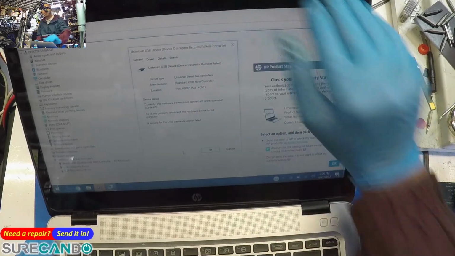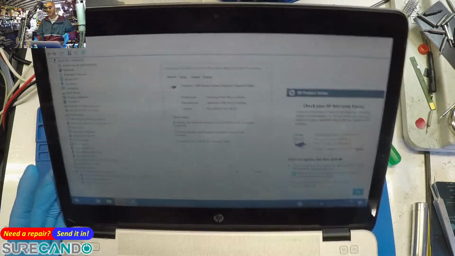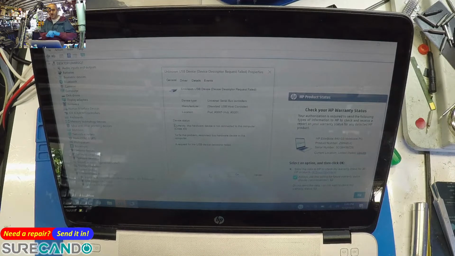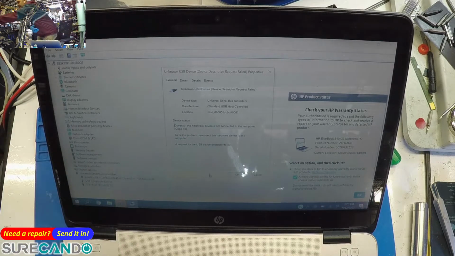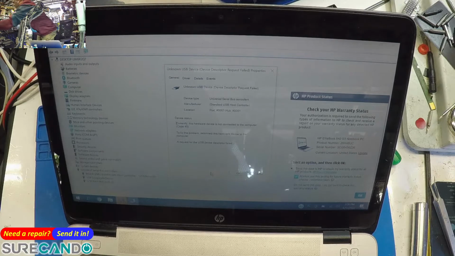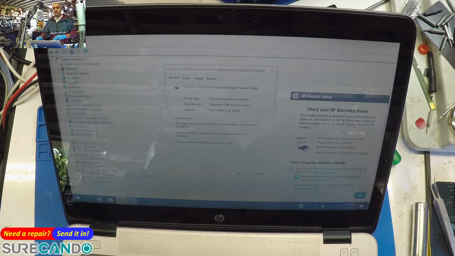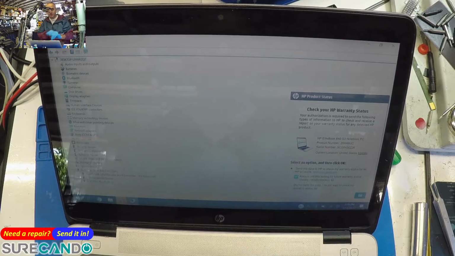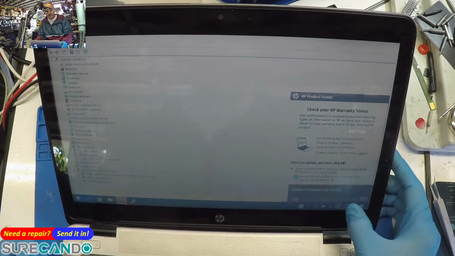So this is the HP that I did an ultrasonic cleanup. It's been sitting for about half an hour, and then I noticed while it's sitting up there, the USB device keeps going on a loop. So as in,